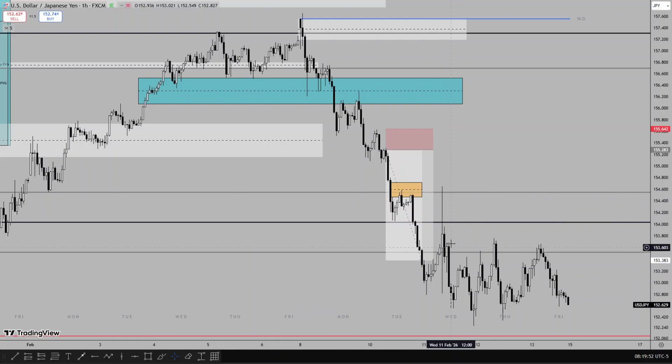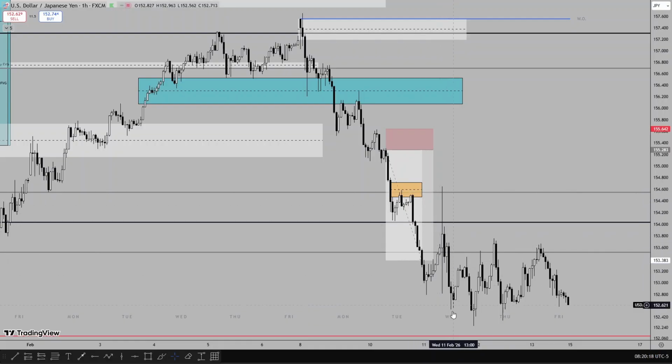I didn't take any setup because, looking at NFP news, I had a lot of position exposed on GBP USD and Euro USD. So there wasn't any entry at the other block, which price would have stopped me out. At the same time, I was looking at the JPY index, so I didn't have much confidence in taking a sell. I was still looking at price after the NFP news.